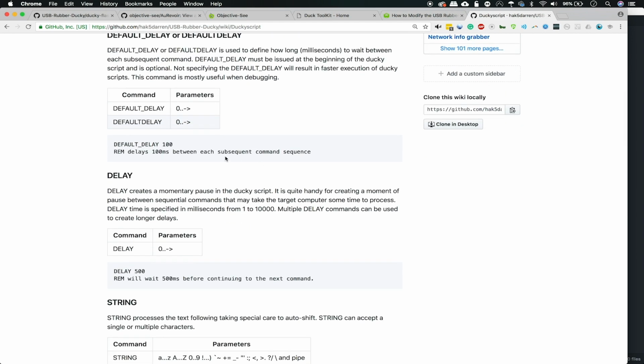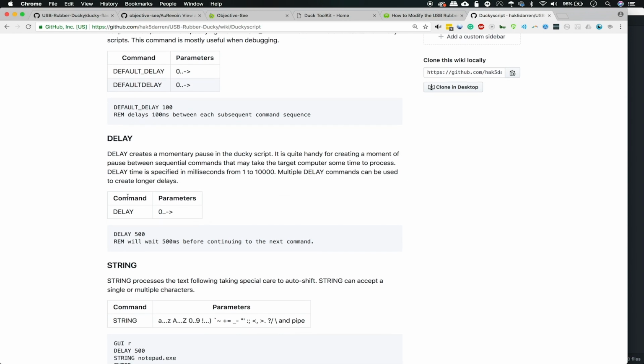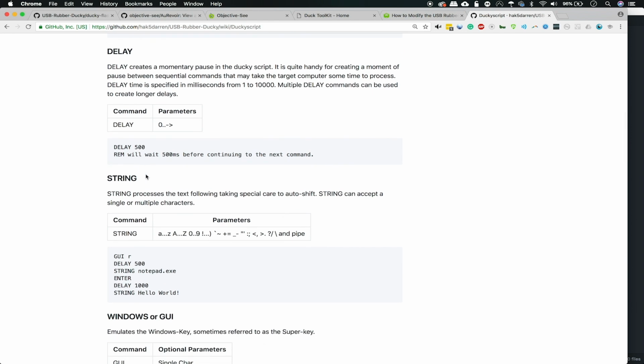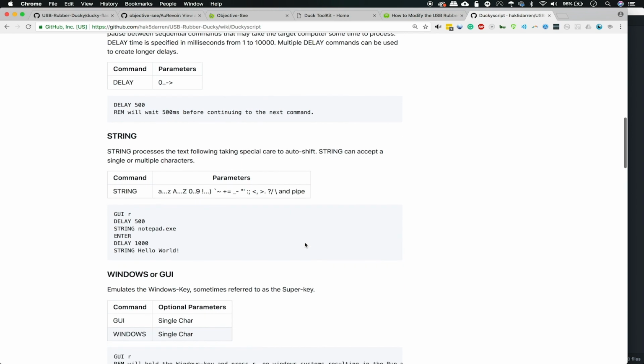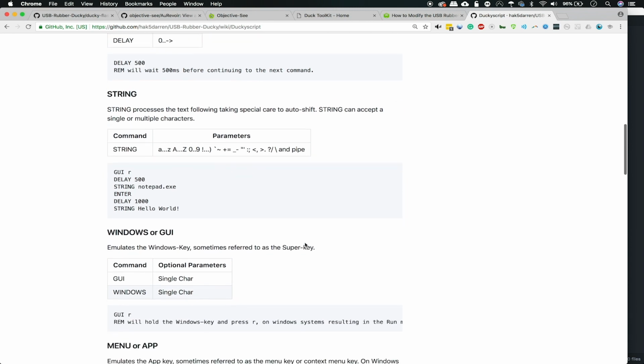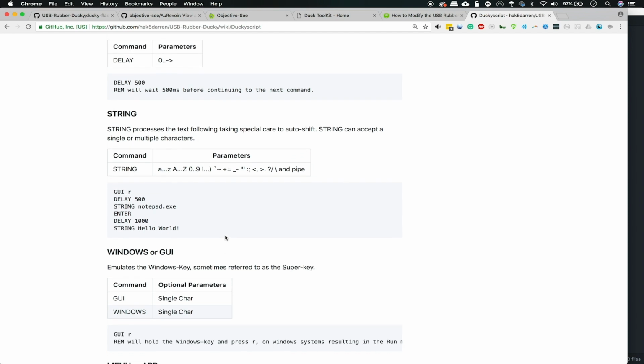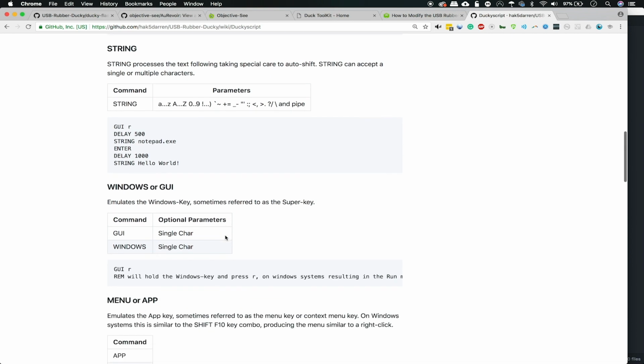You can include delays, which allow you to account for the amount of time it will take to open a program or to respond to something, if a computer has multiple windows open and is maybe processing something, or if it's a little bit older. So delays are essential while developing DuckyScript. And then strings, where you can actually just pass something directly as though you were typing it on the keyboard. This is useful as soon as you get a terminal window, because as soon as you have terminal access, you can usually just start sending a bunch of strings which tell the computer to do something, and get started without too much of a problem or trying to do anything fancy.